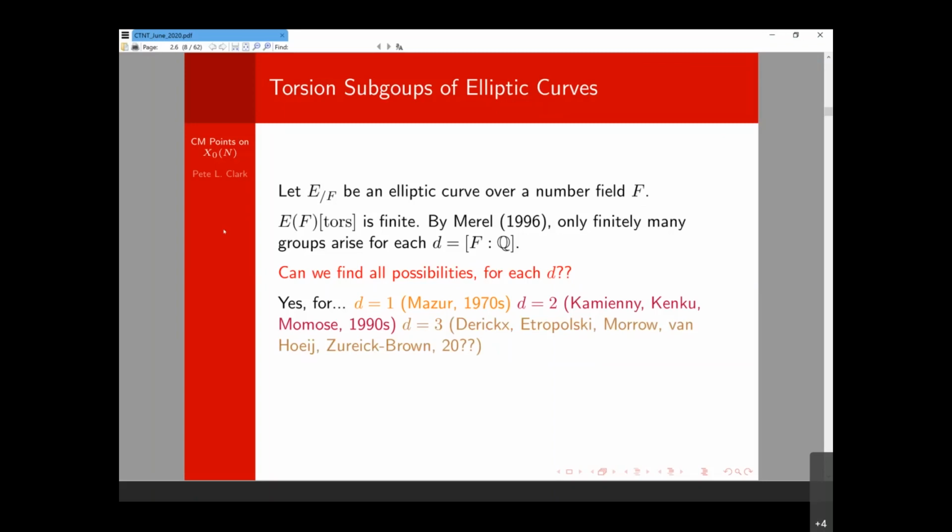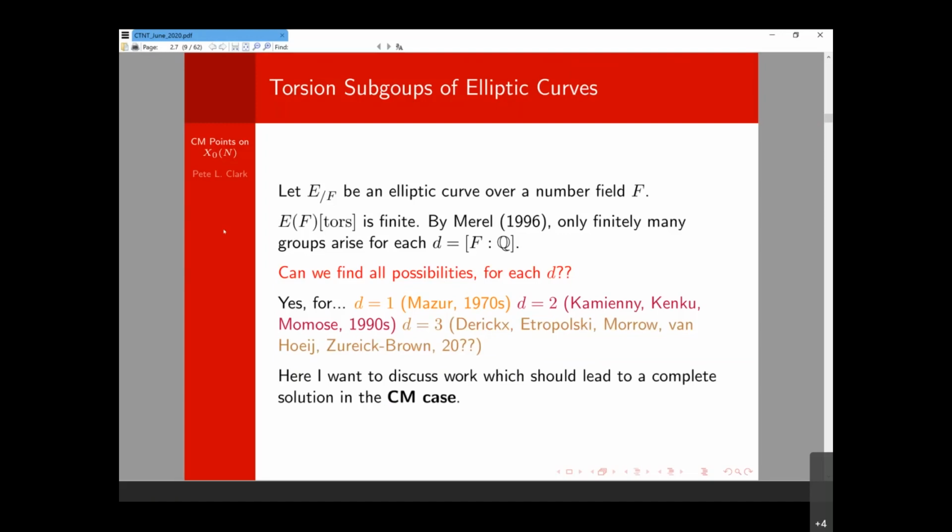And it's my understanding that a complete preprint is not yet available. So the sense that you get is that this is quite a challenging problem to completely classify the torsion subgroups of elliptic curves over degree D number fields. And so you could just work harder, but a lot of myself and a lot of other people are interested in certain ways of simplifying the problem or studying part of the problem where you can say a lot more. And so I want to talk about the CM case, elliptic curves with complex multiplication.